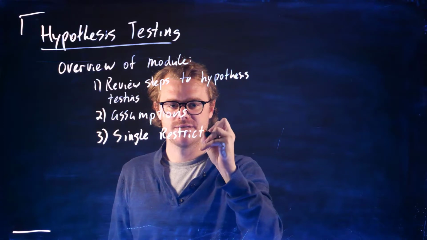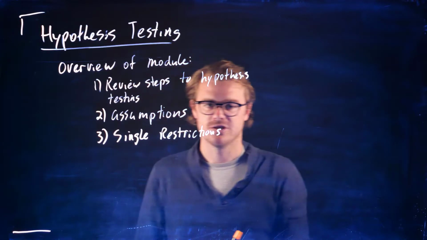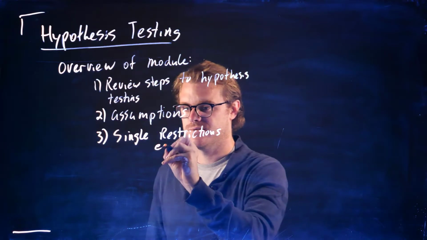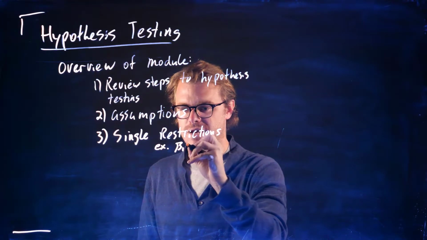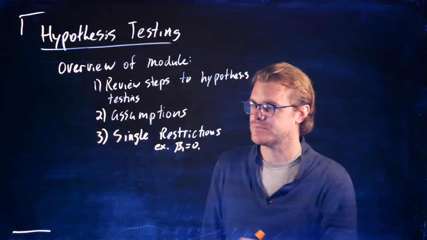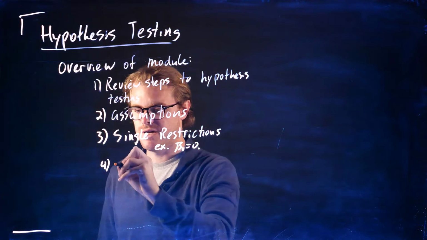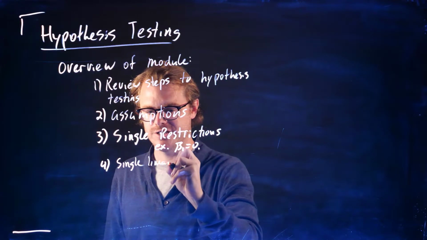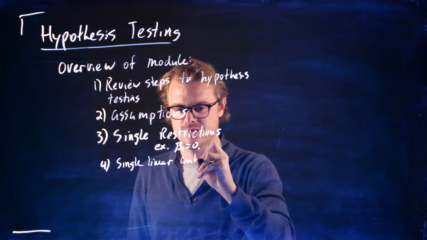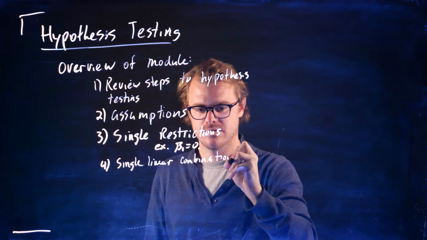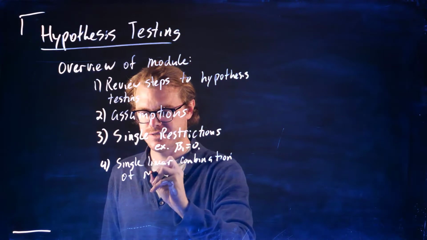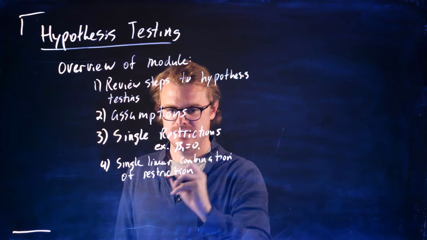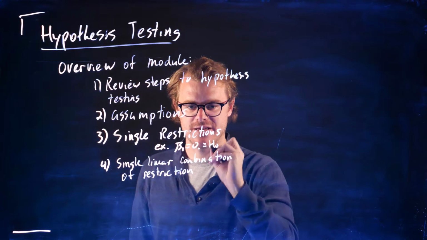so hypothesis testing with single restrictions, so just one beta and one equal sign. So for example, beta 1 equals 0. Then we're going to cover a single linear combination of restrictions. So what I mean by that is, so this would be, sorry, we should say that's the null